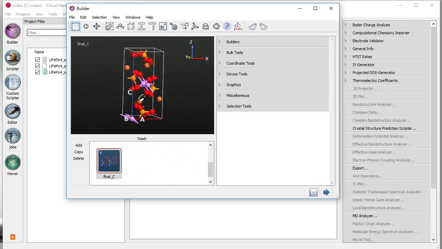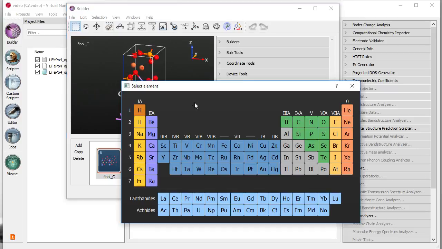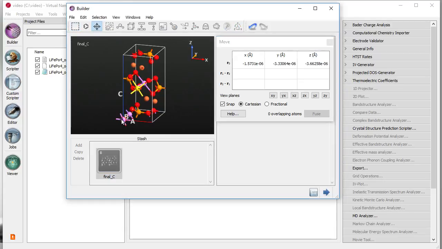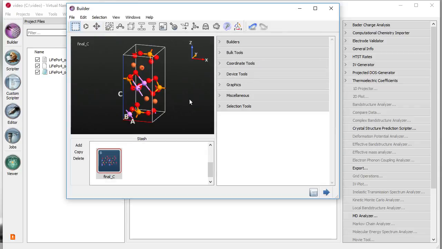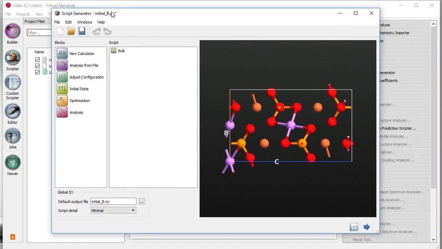in that structure I want a different lithium atom to diffuse into that vacancy. So again I use the gold trick just for visual purposes. Then I drag this lithium atom onto that vacancy right there in order to allow it to diffuse along C. So I now have initial and final structures, and all four of them need to be geometry optimized before constructing